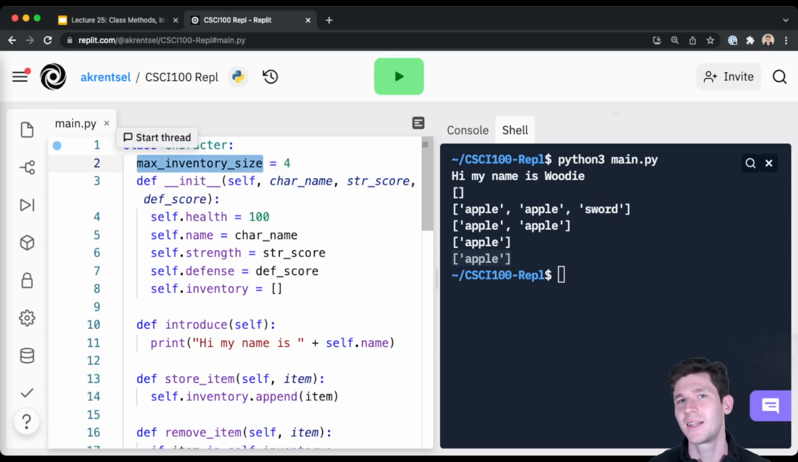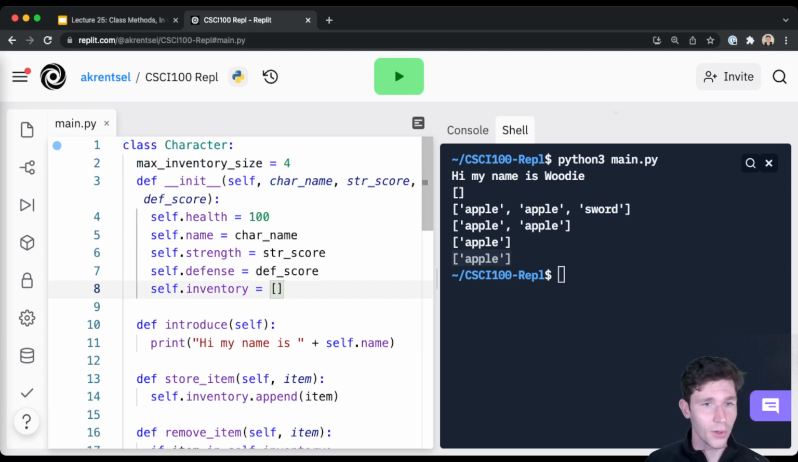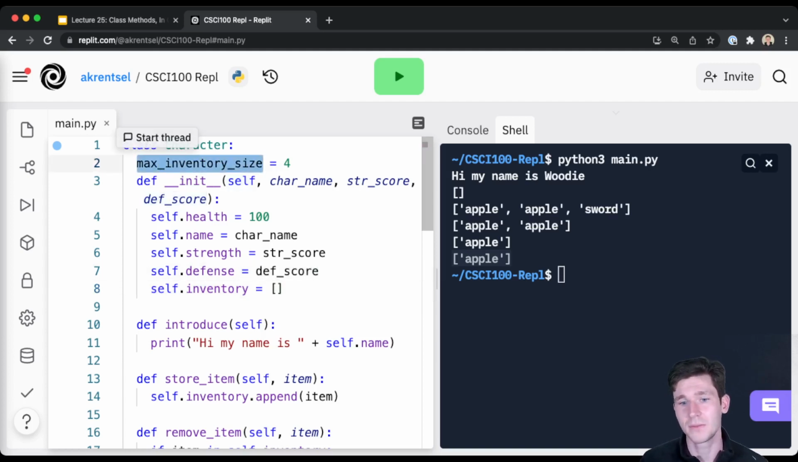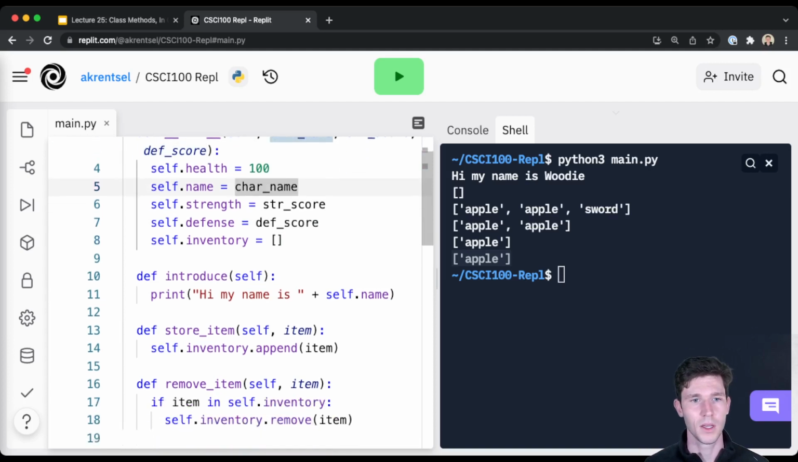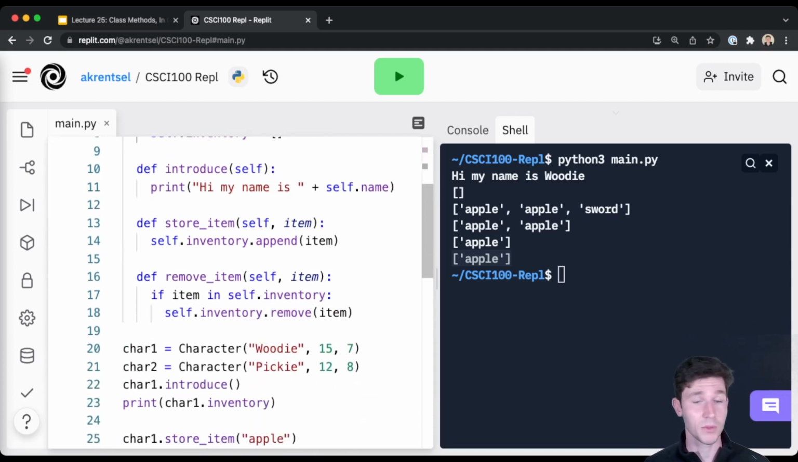And this makes sense as a class attribute because this is true for all of our characters. And maybe for some specific super strong character, we can override that. But for most characters, we're going to set the max inventory size to be 4. And this is almost a constant. This will stay the same for most of our characters. And so as a class attribute, we can refer to it just like an instance attribute. And we can check